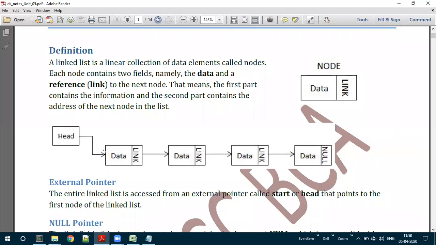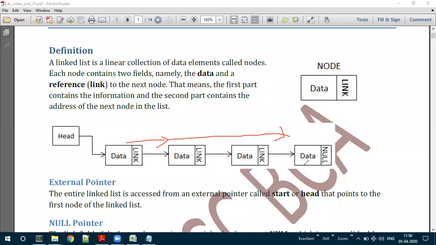From the first node to the last node we can travel, and this traversal is called forward traversal.